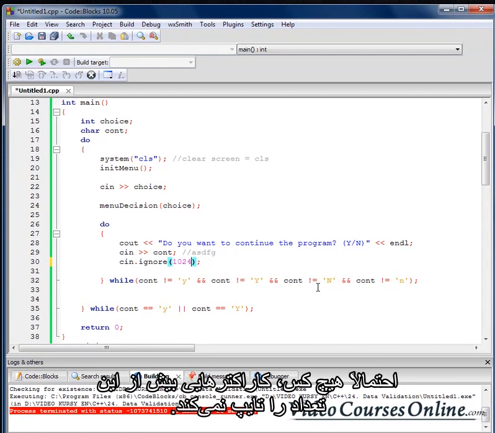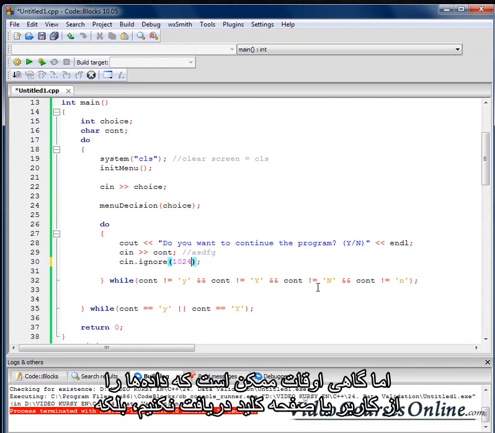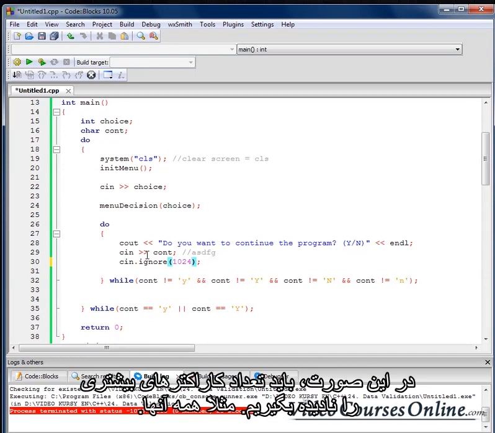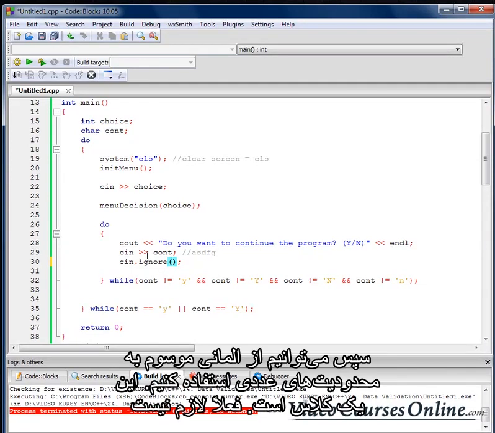Probably nobody would type more characters than that, but sometimes we might take the data not from the user's keyboard, but from, for example, a file. Then we should ignore more characters, all possible ones, and then we can use something called numeric